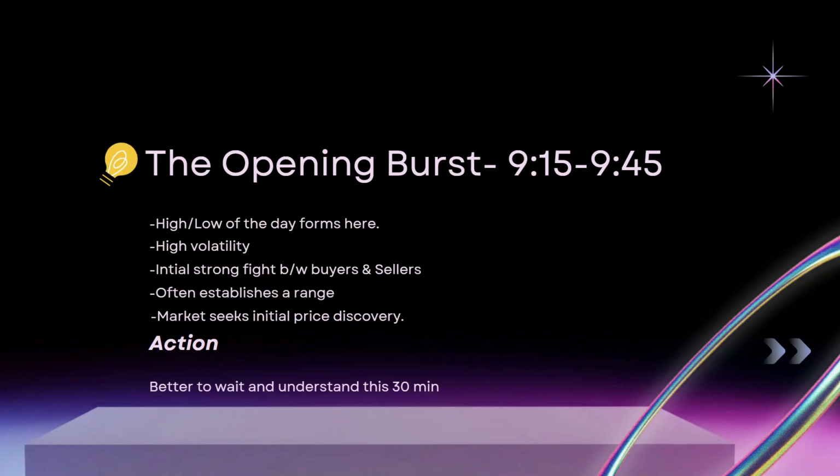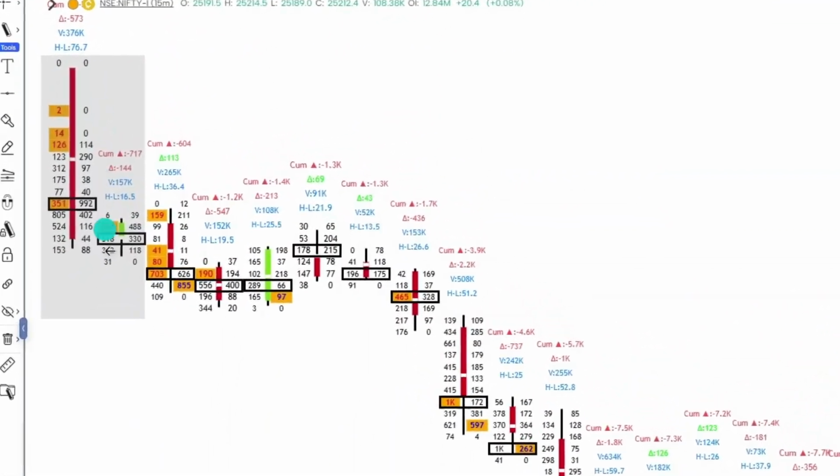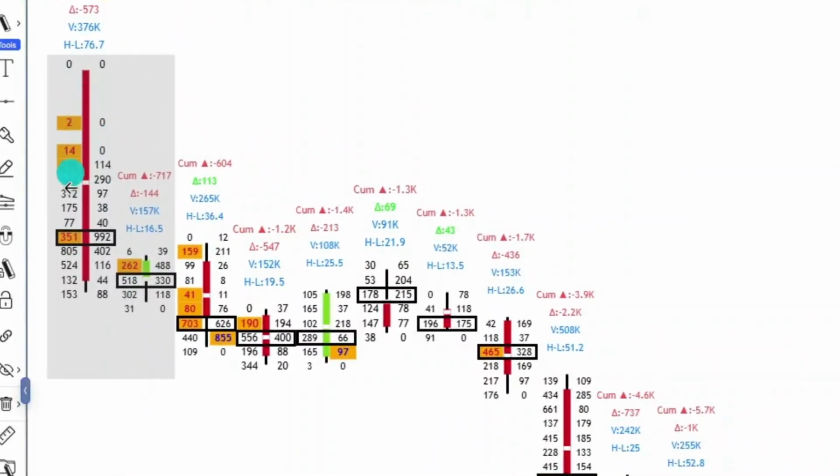This is the initial price discovery process where both buyers and sellers will be fighting, making this first 30 minutes very crucial and very volatile. So the best action around this 9:15 to 9:45 is that you better wait and understand this 30 minutes. In this Nifty 15 minutes example, if you look at the first two 15 minutes, there is